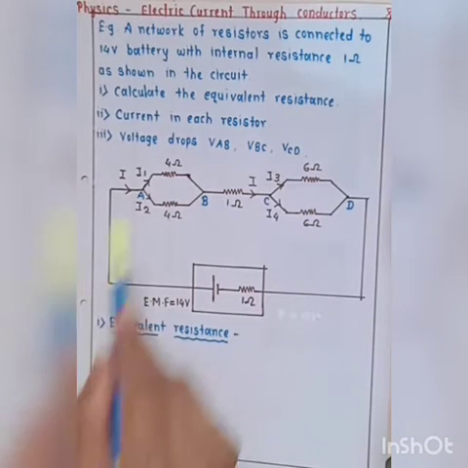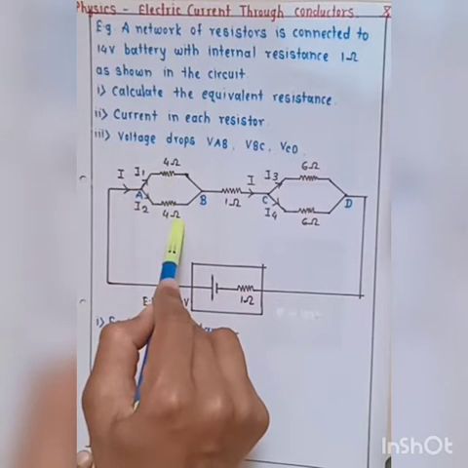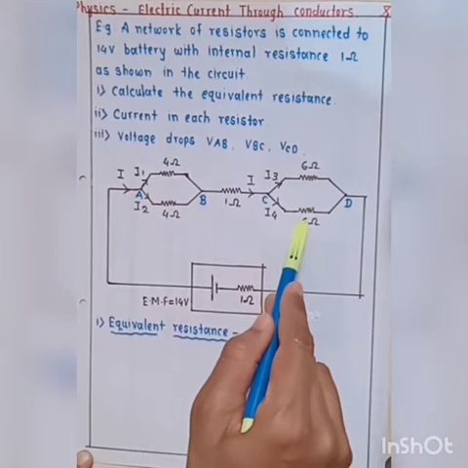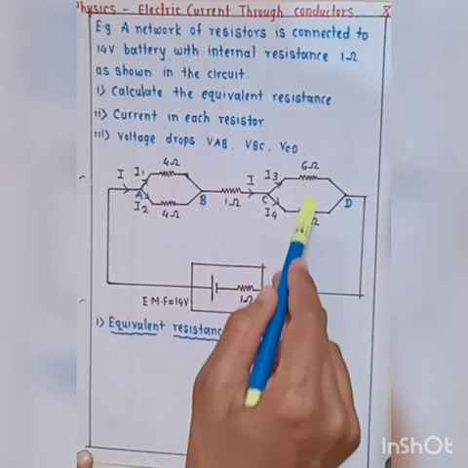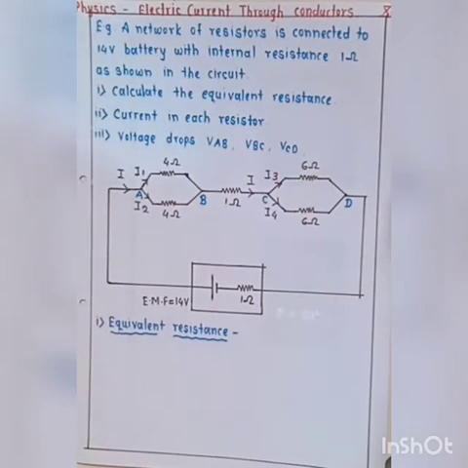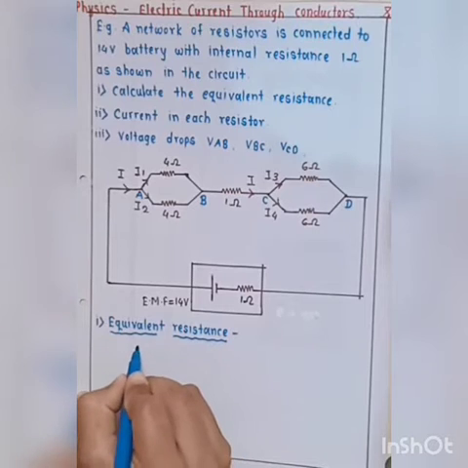For the first network, these two resistors are connected in parallel combination. And also for the third network the resistors are connected in parallel combination. So the resistance across AB, that is RAB,